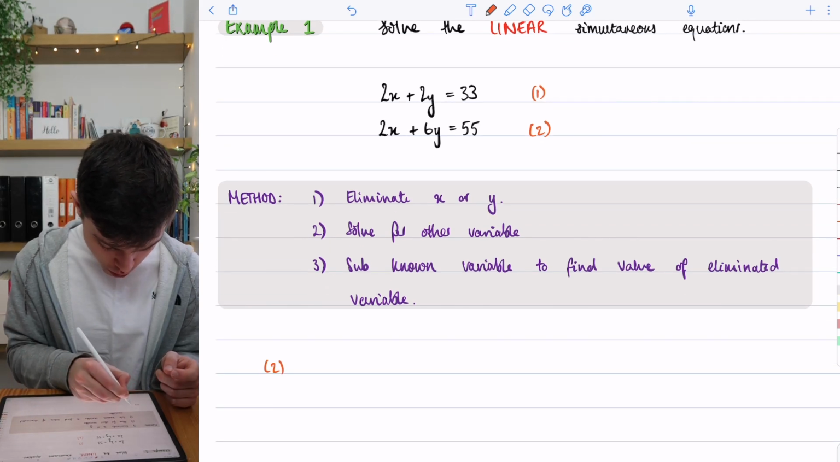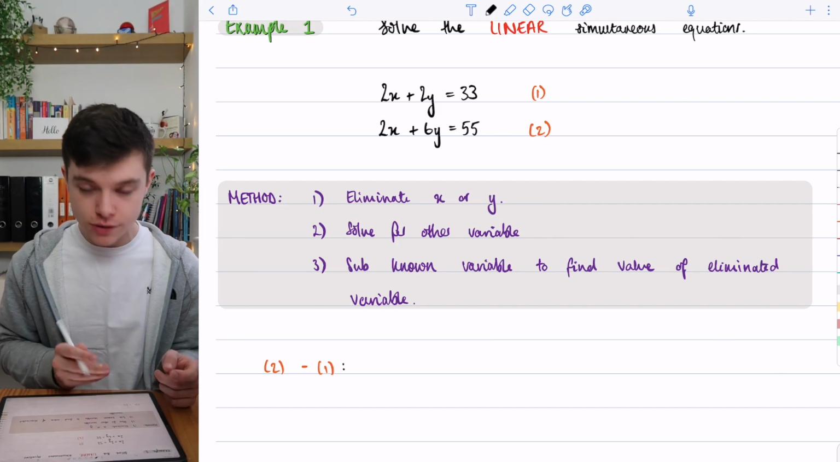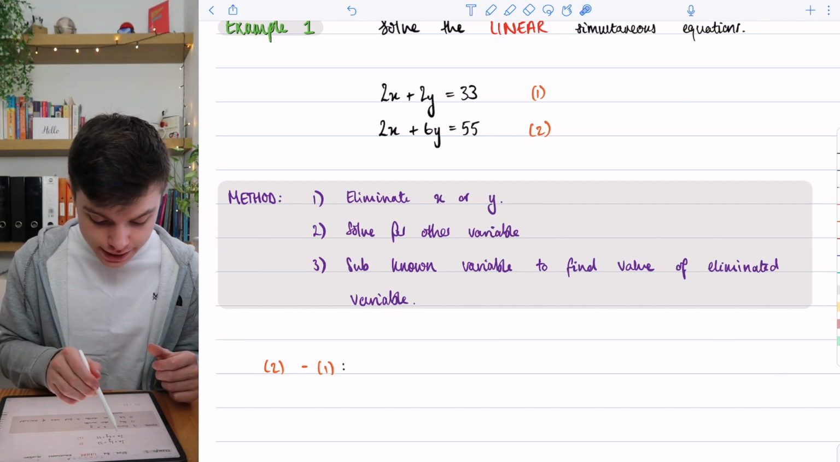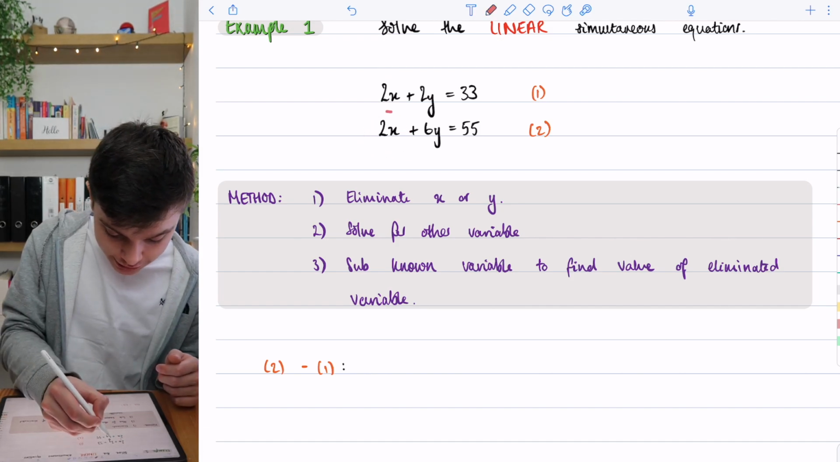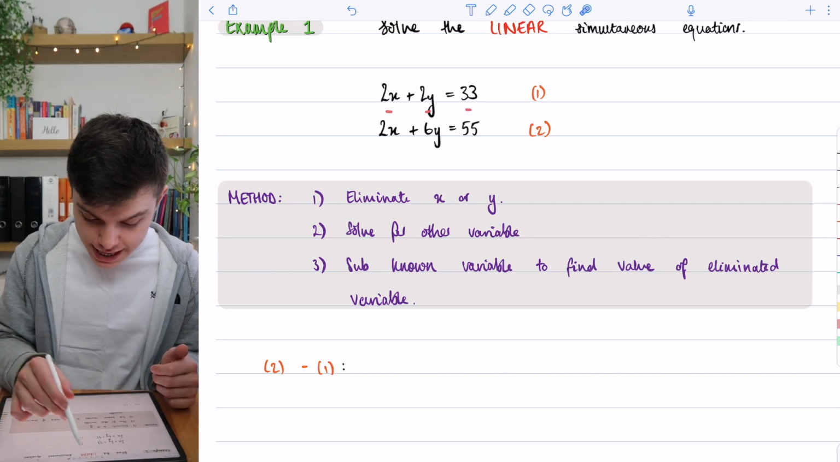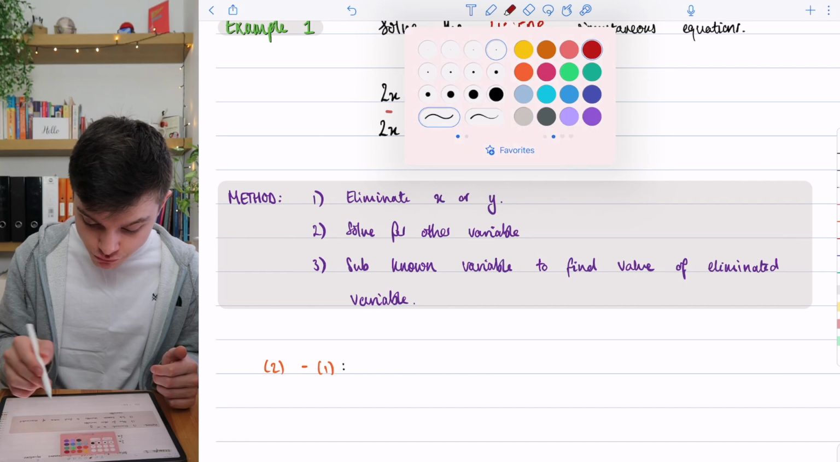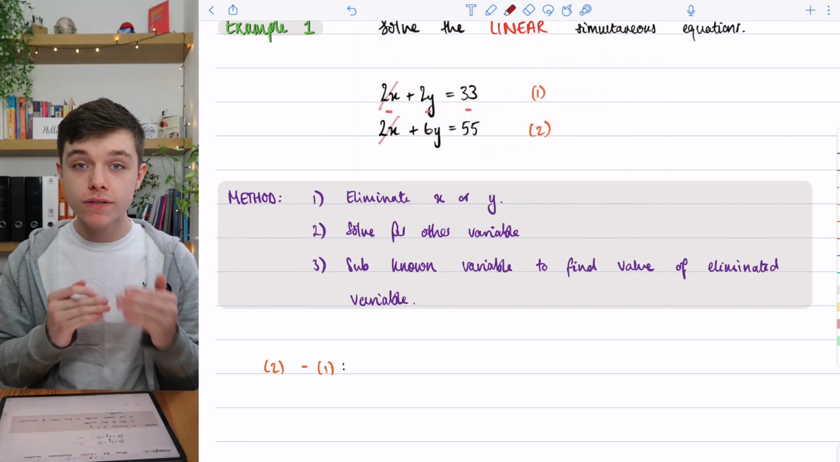I'm going to do 2 minus 1. And the reason I'm going to do that is because when I subtract them, like I said, we have the same number of x's in each equation. So if I write in red here little subtraction signs at each part of the equation, we can see what's going to happen, and I'll get a red highlighter there, those x parts on both of the equations are